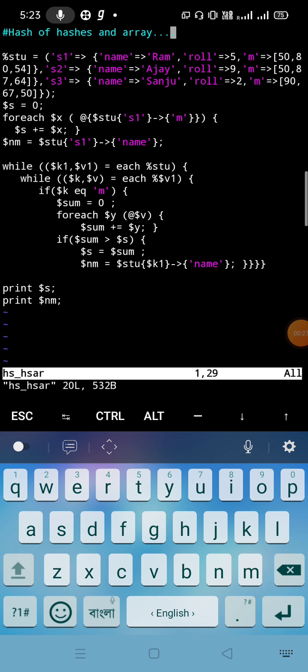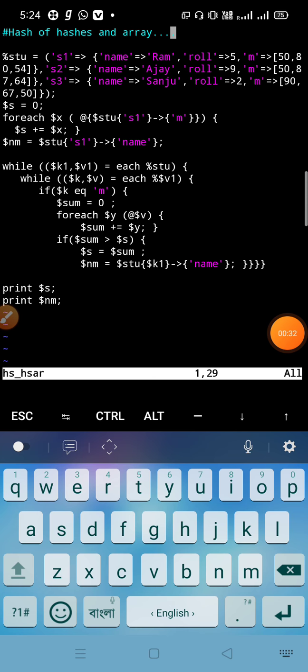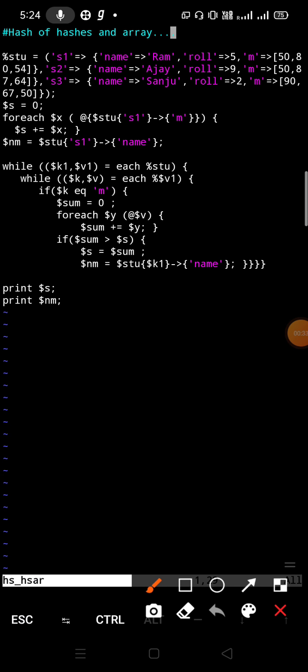Okay, so our question is, we have a data structure. This is our data structure which contains three hashes. So this is our hash.